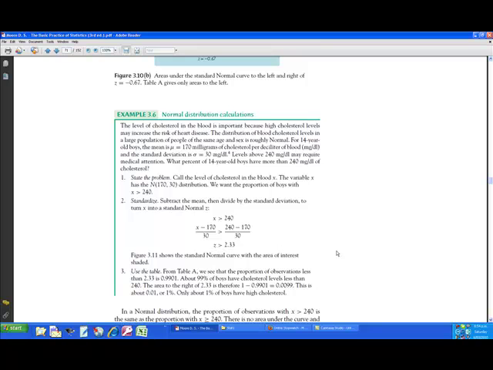Sorry, we don't want to standardize X. We want to standardize 240. So we take 240 minus 170. We want to know how many standard deviations above the mean 240 is. So it's 240 minus 170 divided by 30. So that's 2.33. So if we want to know what's the area above 2.33,